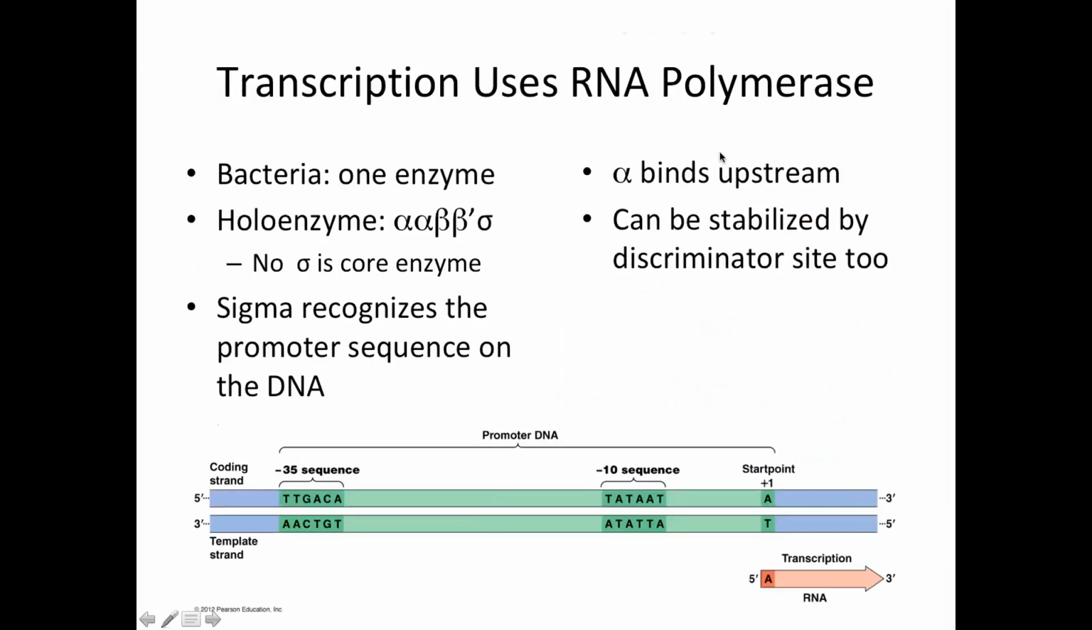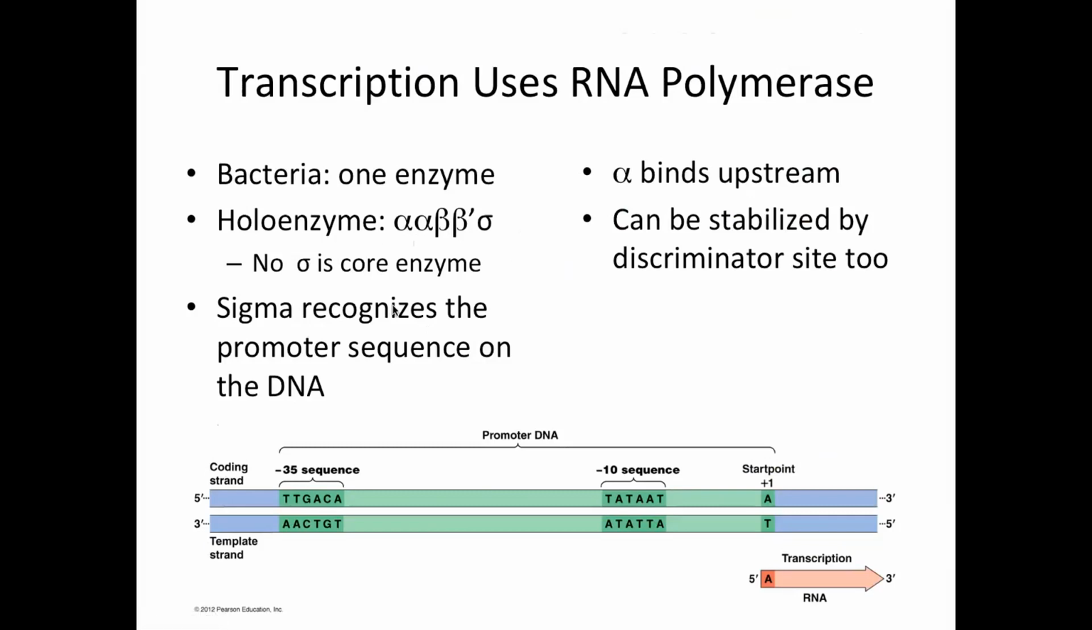To start, transcription uses an RNA polymerase. So do not mix up RNA polymerase with DNA polymerase. Here we're talking about RNA polymerase. And in bacteria, there's only one RNA polymerase. And it's got an interesting structure. We call the main part of it a holoenzyme. So it's got 2 alpha subunits, 2 beta subunits, and then this sigma part. And if there's no sigma, then it's just the core enzyme. So with the sigma, it's a holoenzyme. Without the sigma, it's a core enzyme. And what sigma does is it's going to recognize a sequence on the DNA